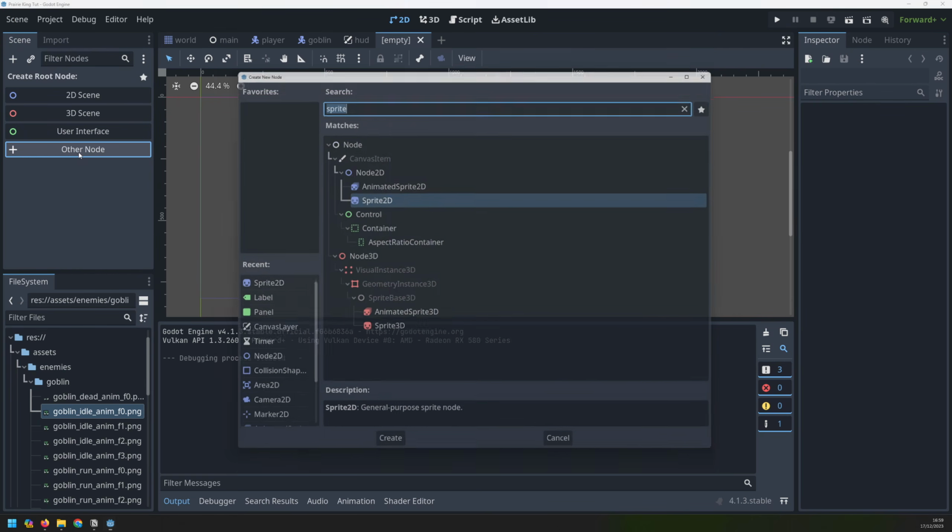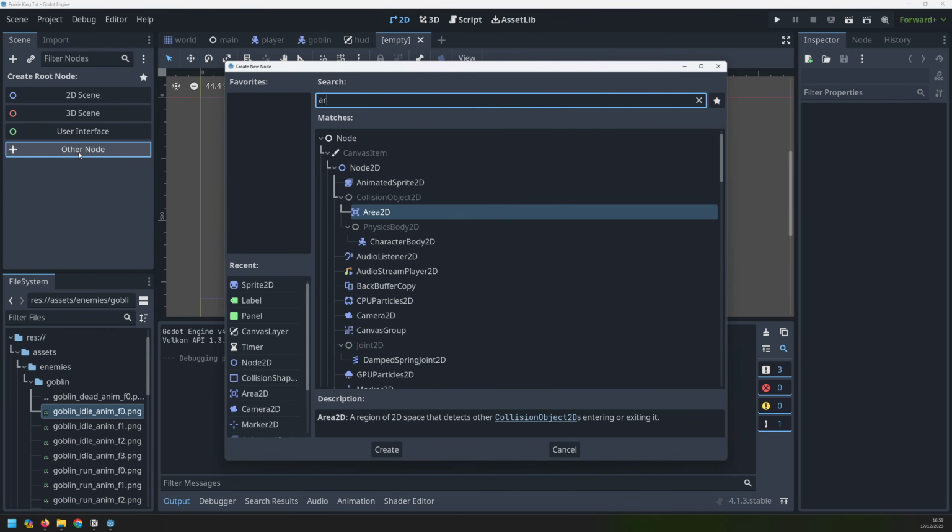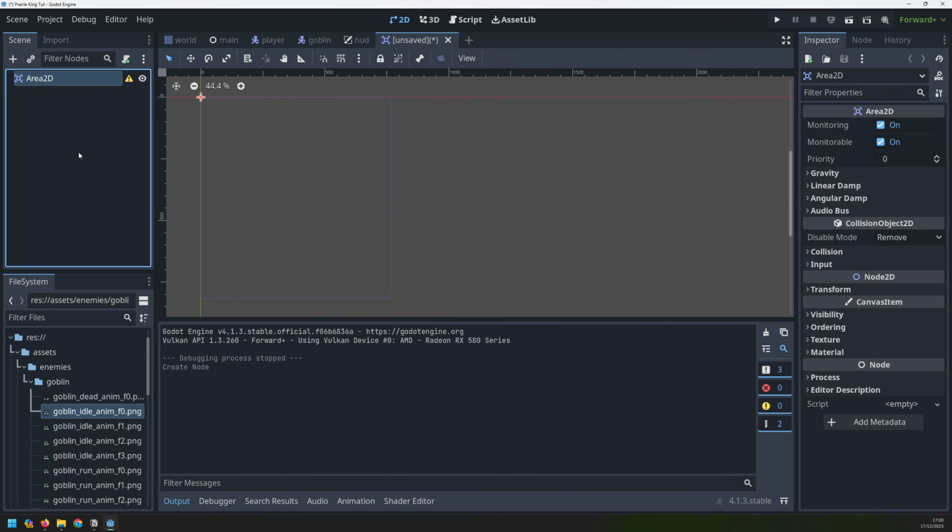Inside the scene, my first node is going to be an Area2D. I'll use this because it will allow me to detect collision with the player without actually having any physics attached to it. So I rename this node to Item, and then I need to make sure that I update the